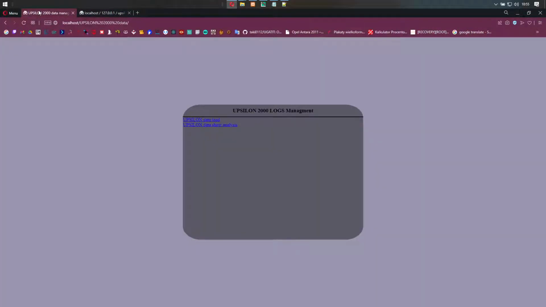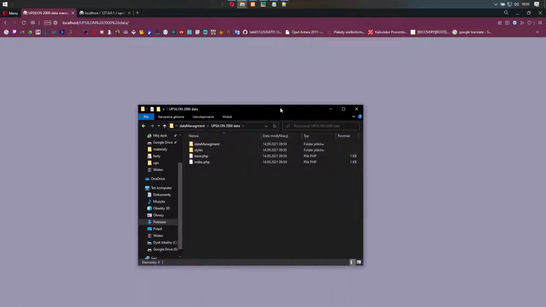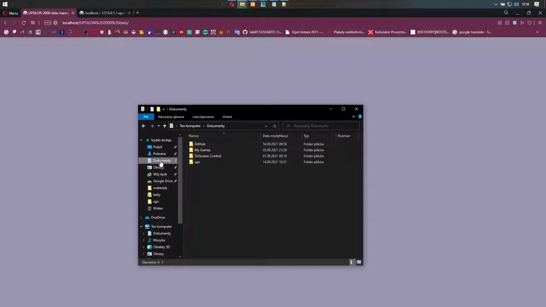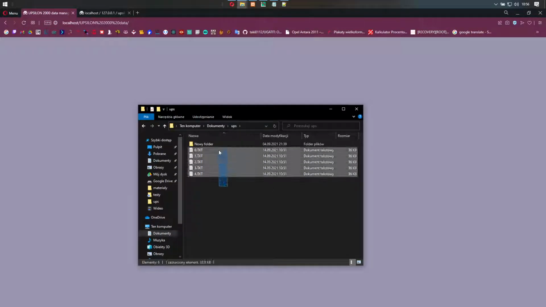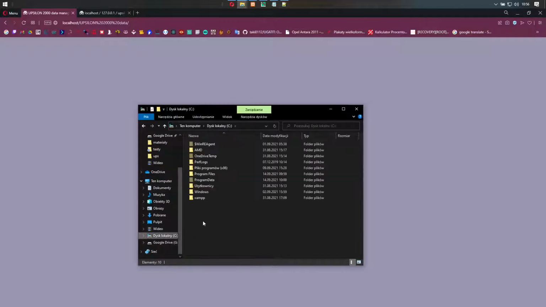So yeah, now if you do it, if you put this folder in your htdocs or any other folder where your server is hosted, you need to go to the folder where you saved it, save these configs, quit it, again go to your server,